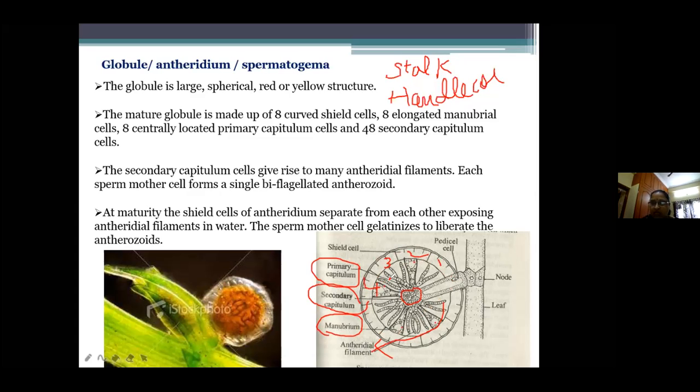After the 8 shield cells, the same 8 manubrial cells are also present. This part is the manubrial cells, and another name is handle cells. Manubrial or handle cells arise from each shield cell. In between the cavities of the manubrial cells, the primary capitulum and secondary capitulum cells form long antheridial filaments. The total output of spermatozoids or sperms produced is about 20,000 to